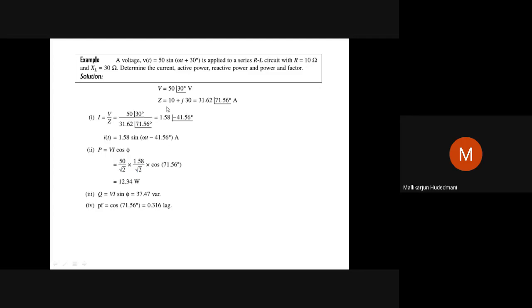Similarly, now in rectangular representation, the inductive reactance of 30 ohm and resistance of 10 ohm are given to you. I can write the impedance of the circuit as R plus jXL if it is an inductive reactance, and if it is a capacitive reactance, minus jXC. So using that, 10 plus j30 is nothing but the rectangular form of representation. I can convert it to polar using the calculator. You can see both the answers here, rectangular as well as polar form.